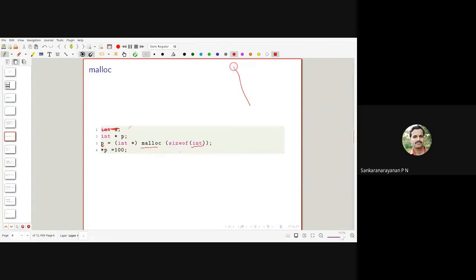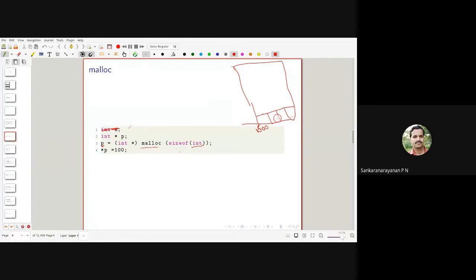So we will have the heap, a large amount of memory, and from that some bytes are allotted. And what is the size of that number of bytes? It's equal to size of integer. If they are allotted at location 1000, the starting address, an integer may take 4 bytes. So if that's the case, 4 bytes are assigned. In some systems, integer takes only 2 bytes. In that case, it will take only 2 bytes. So that's why we use size of.